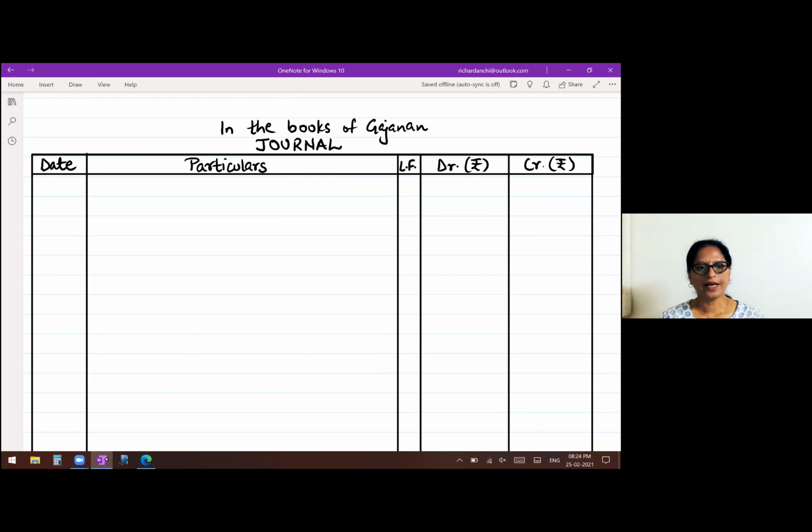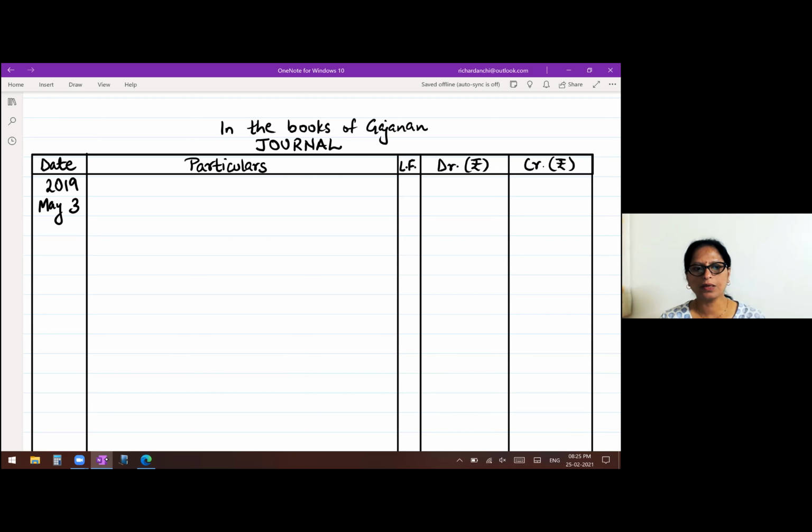So right there in the date column 2019, below that May 3rd, because first transaction is on the 3rd. Purchase goods for 90,000, amount paid by bank directly. Okay, so now here you're purchasing goods. So one account is purchases and it is being paid by the bank. So instead of cash, you will use the term bank.